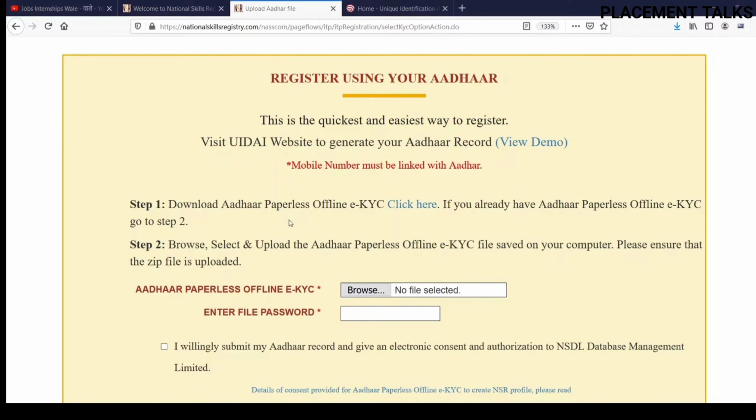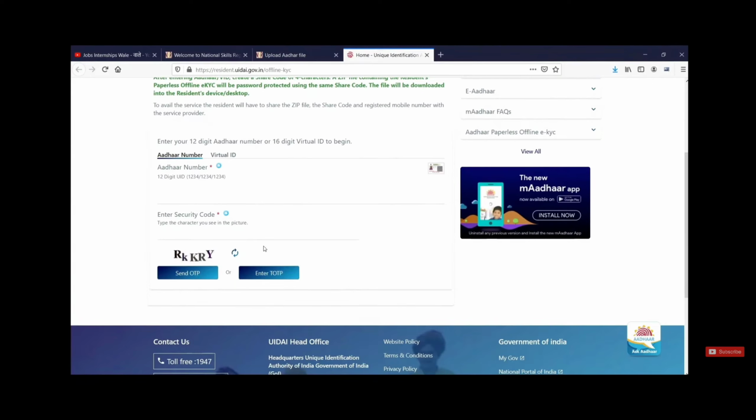Here you can see the click here option. Click on that option and it will move to the official website of the government. The government site looks like this. Here you need to enter your Aadhaar number and enter the security key provided here. After clicking on send OTP, you will receive an OTP on your registered mobile number. So enter that OTP and it will ask for a security